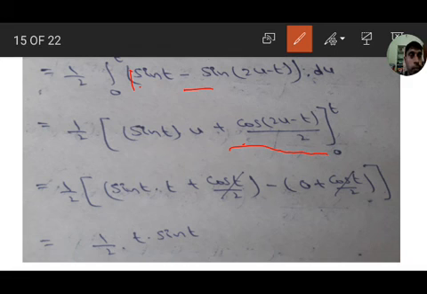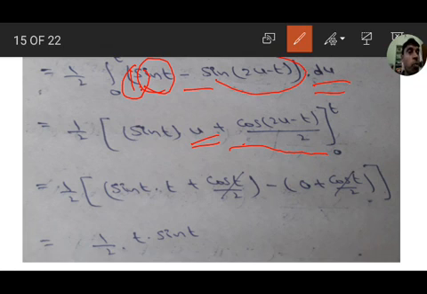by 2. Okay, sin t is the coefficient, it is a constant with respect to u, we are doing integration with respect to u, so sin t is the constant coefficient outside, 1 into sin t, so integration of 1 is u. And minus integration of sin of 2u minus t gives minus cos of 2u minus t, already it is minus there, minus minus plus, by 2, the derivative of 2u is 2. So substitute the upper limit, if you substitute t we get sin t into t, in the place of u you have to substitute the limit, and next cos of 2t minus t, that is cos t by 2.